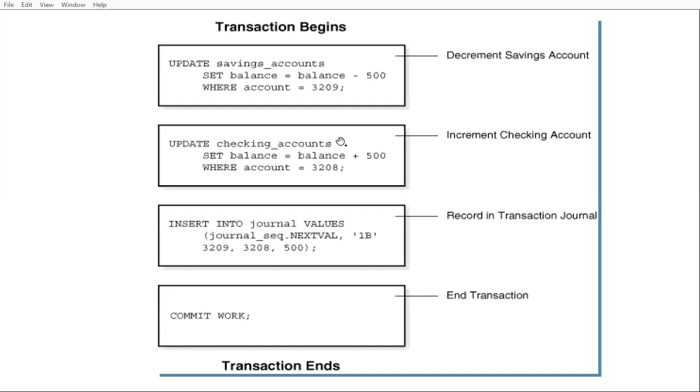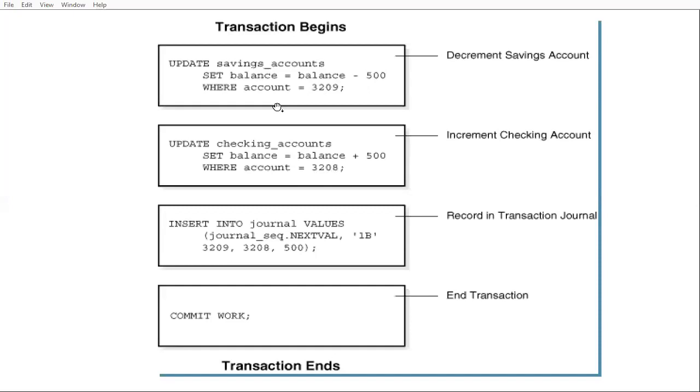Here the account number is different, 3208. So you are taking 500 from the available balance of account 3209 and transferring it to account 3208, which is a checking account.